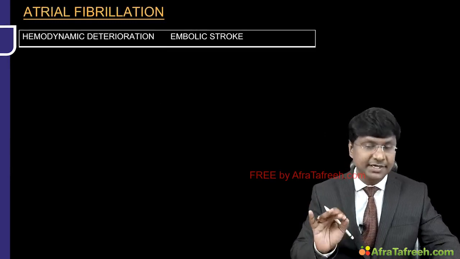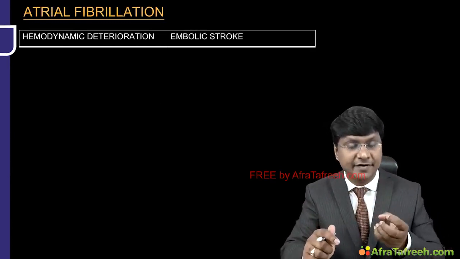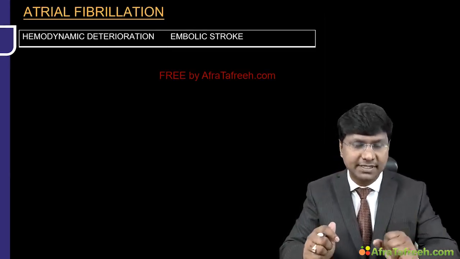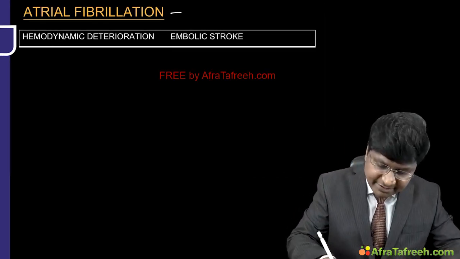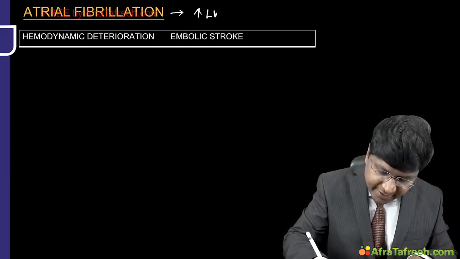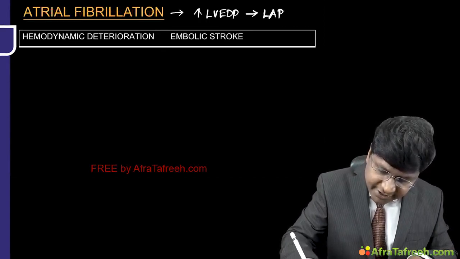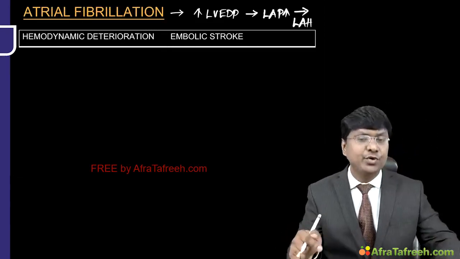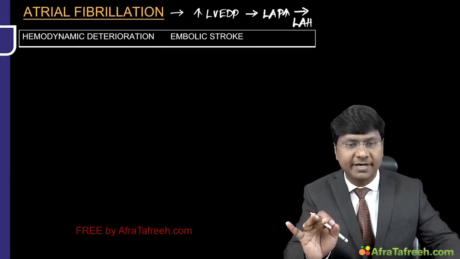Next, another important arrhythmia. See, one important arrhythmia is VT or VF coming from the hypertrophied septum or from the scarred part of the ventricle. The next is atrial fibrillation. Now, why is there development of atrial fibrillation? It is because of increase in the LV end diastolic pressure. What will happen? The left atrial pressure increases, so thereby there will be left atrial hypertrophy. And this hypertrophied left atrium will be arrhythmogenic, and thereby the individual will develop atrial fibrillation.